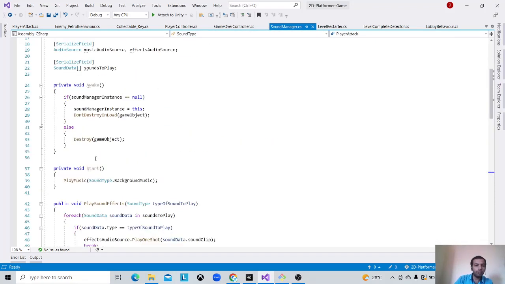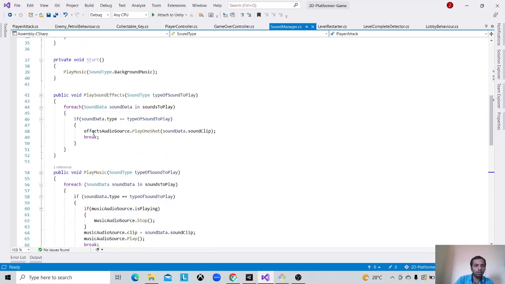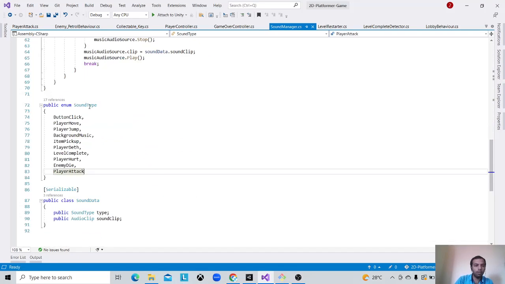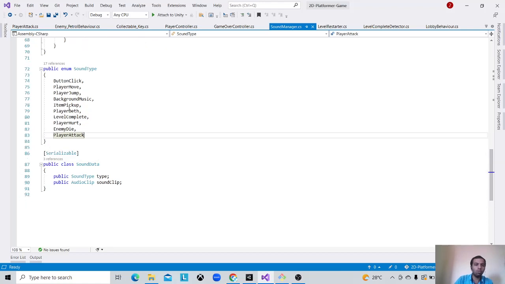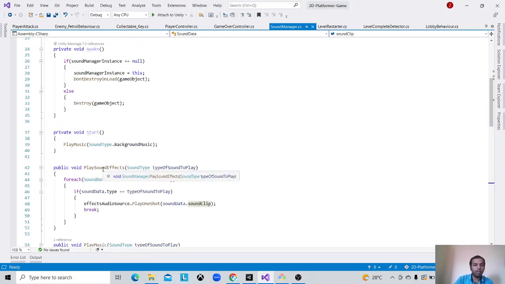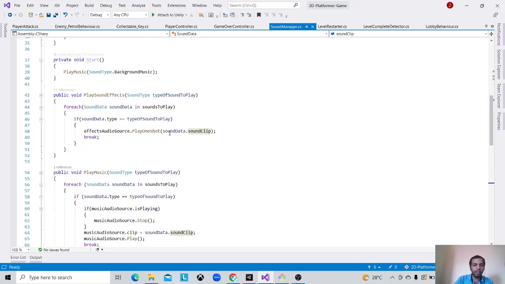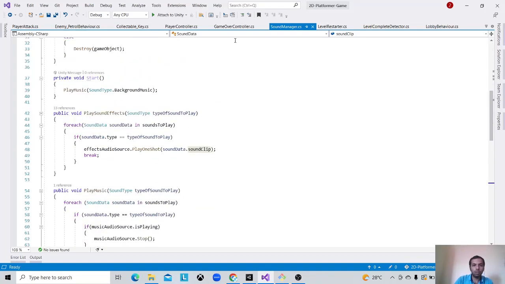We made it a singleton, and then I made an enum to store different sound effects, what kind of sounds I want to store, and the sound data that will contain a sound clip. Then I just find that sound clip, and then I just play it. Okay, then there is the